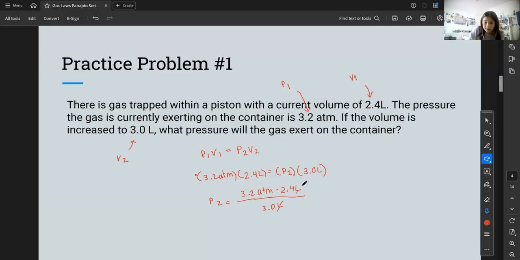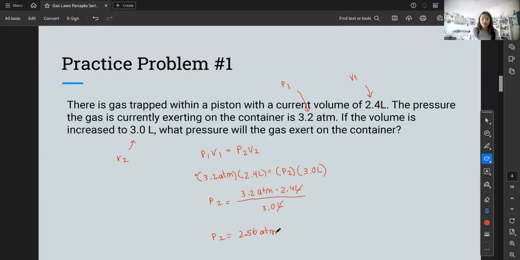So we'll cancel out our units, and then let's plug this into the calculator. 3.2 times 2.4 divided by 3. So our final pressure looks like it is 2.56